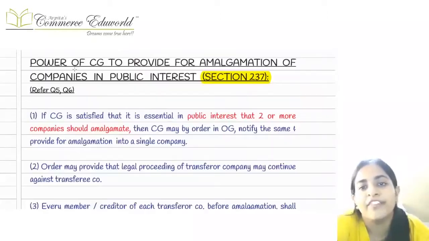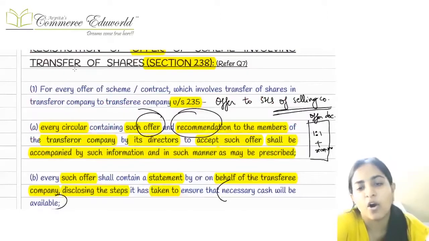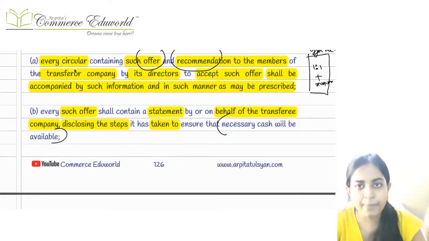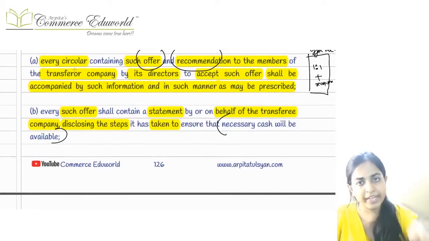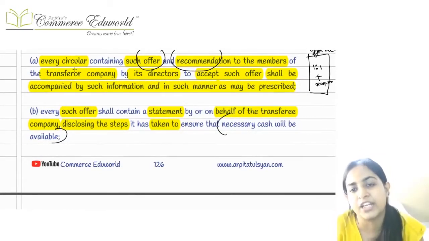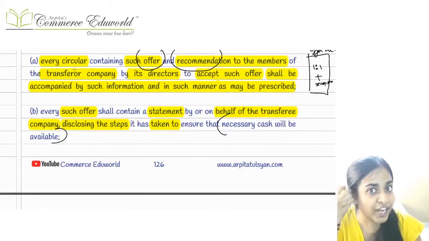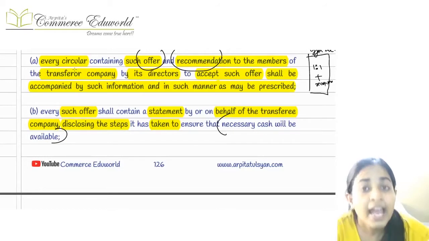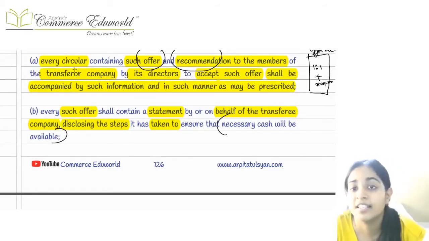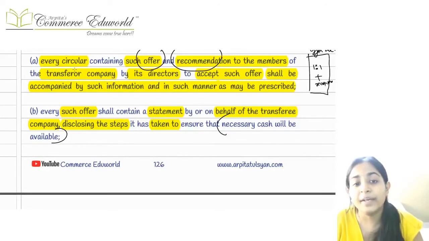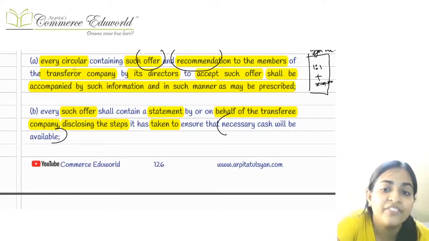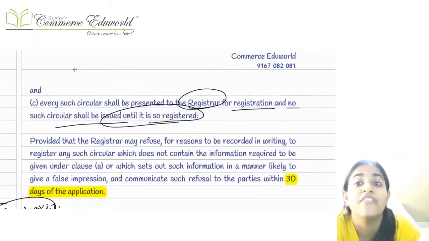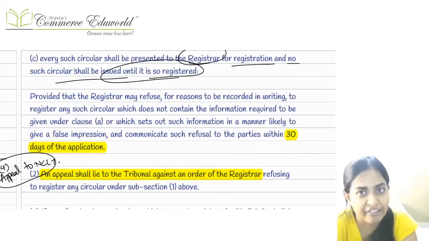Before giving the offer to the shareholders, you have to make sure that first of all your scheme is proper. It should contain the full exchange ratio details. It should contain a good offer for the shareholders. It should be appealing, I had told you this word. It should be attractive, and it should contain a recommendation that yes, the scheme is a very good scheme. Right, it should be written in that particular offer that even if the amalgamation etc. happens, the necessary cash will be available for payment to the shareholders, if any.